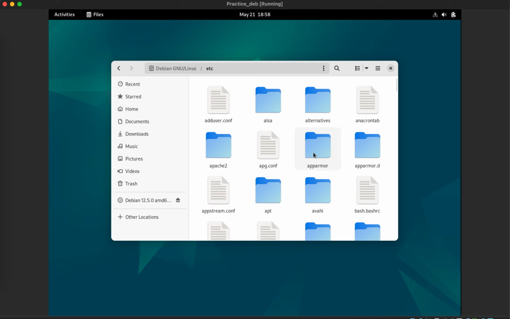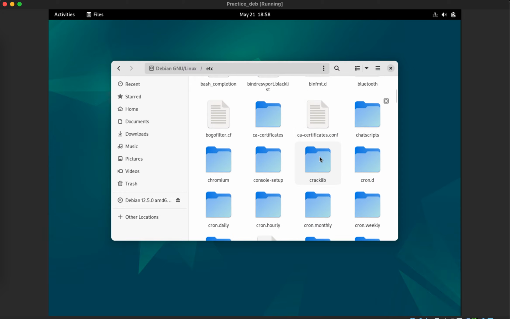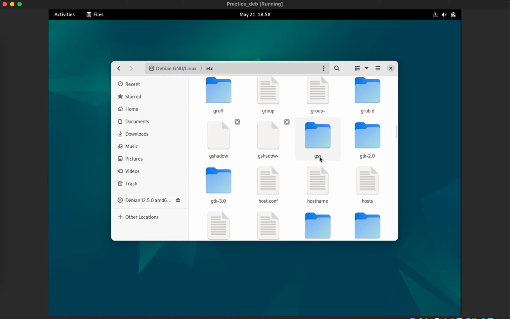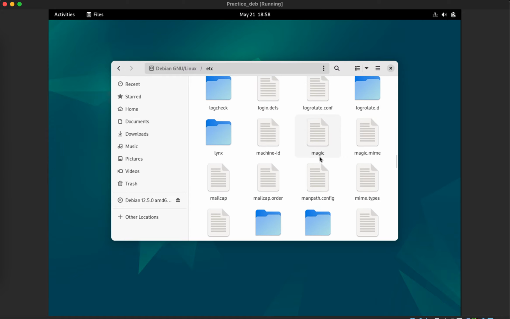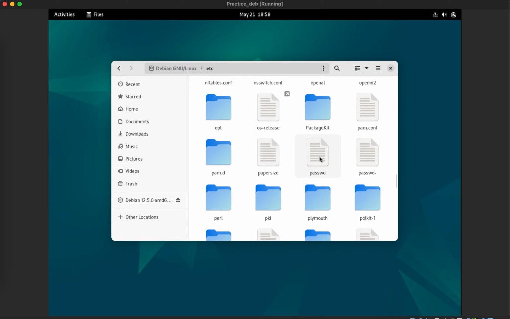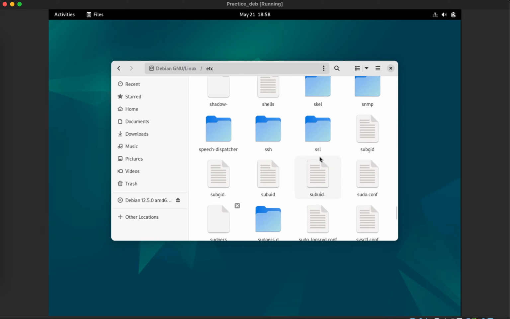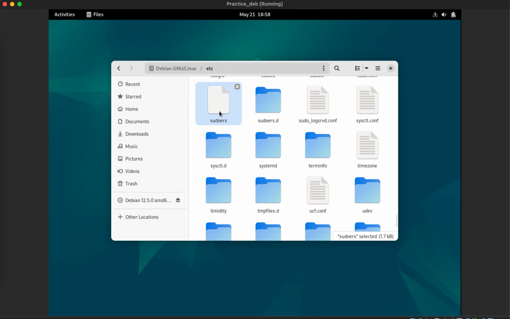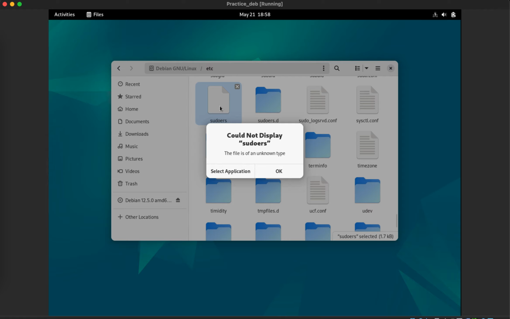To find the sudo file, scroll down. Keep scrolling, scroll down, and there it is, the sudo file. Open the sudo file by double clicking,